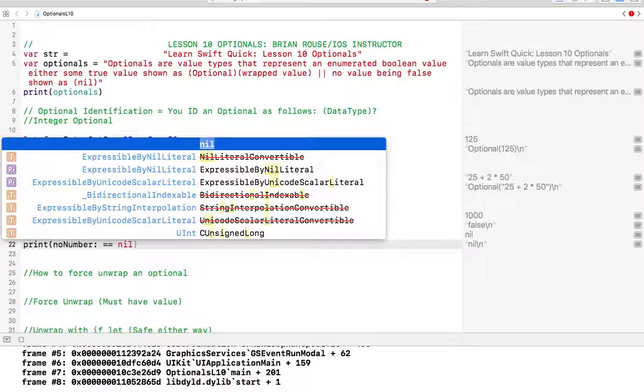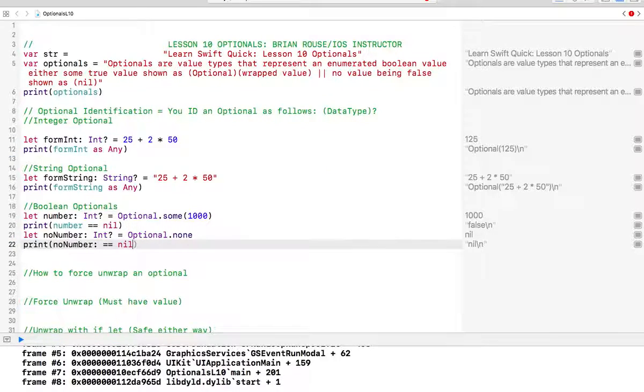Meaning I'm asking it, I said if the optional is none, which I just did, I told her it's none, there's no value there. So I said, well, is no number nil? Is it 0? Is there no value there? That's the question I'm asking Swift. Okay? And the result will be